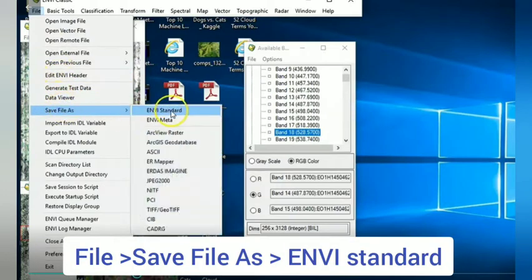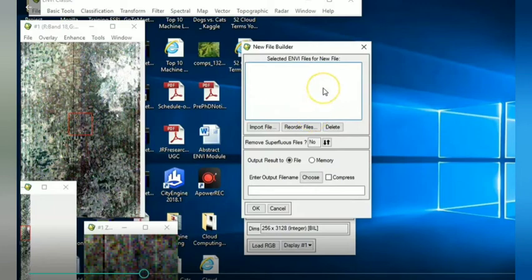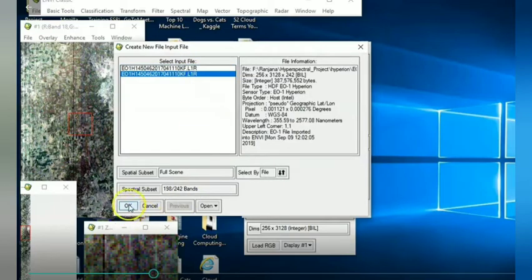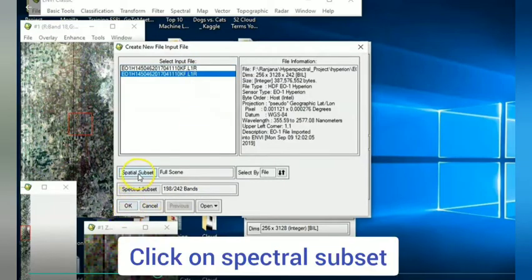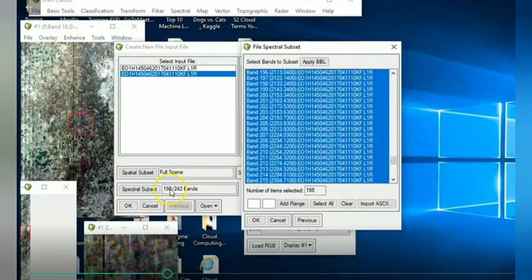File, save file as NV standard. Here we will import the file. This step is very important as we have to remove the bad bands. Select .L1R file that we have loaded. After clicking spectral subset,